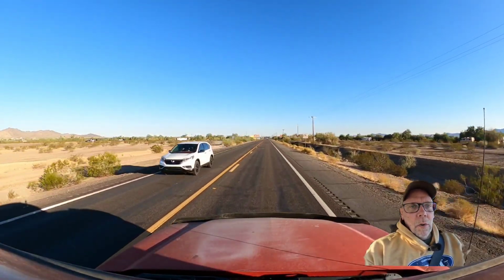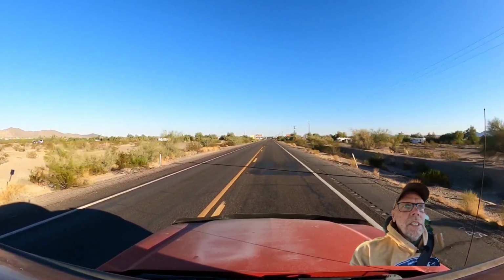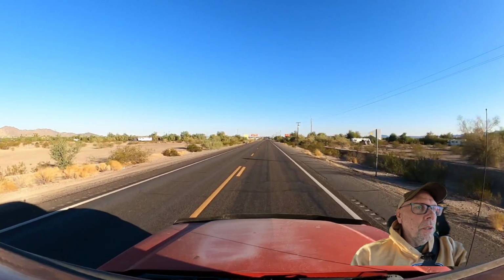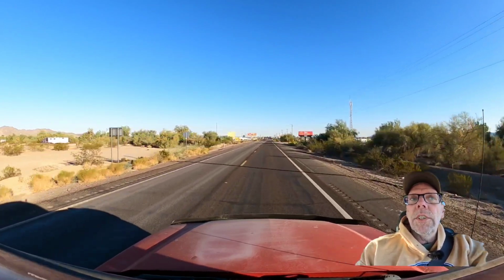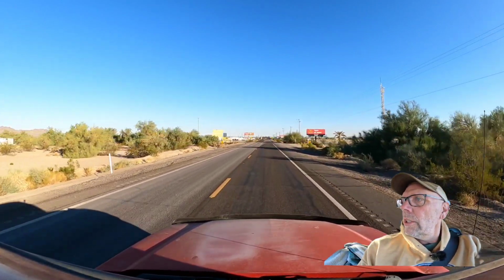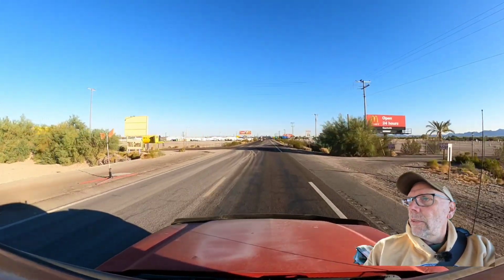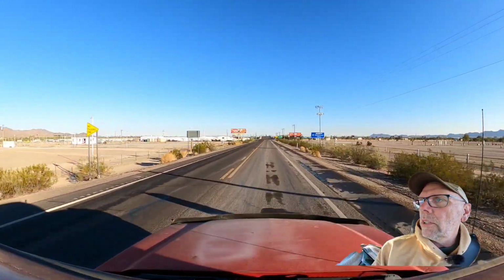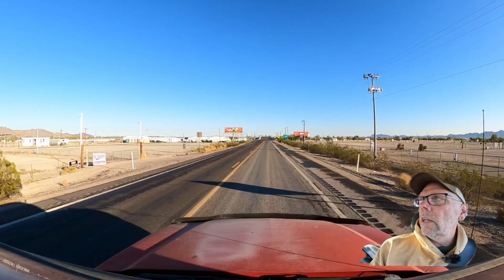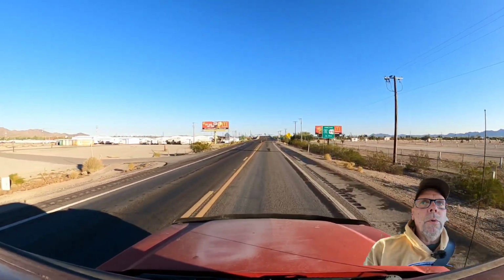Hey everybody, rolling into Quartzsite here. Figured we'd take a look around town, show you guys what's going on. And if you see to the right here, this is known as Rice Ranch. Heard a lot of different things about it. They've put a lot of money into it the last few days. New power, or in the last couple years, power, marked out the sites, some landscaping, and we'll see if they open it this year. They didn't open it last year. It seems like kind of a waste here, but